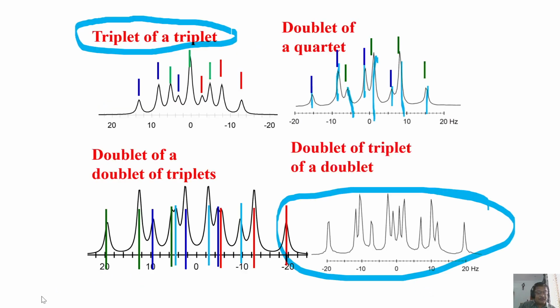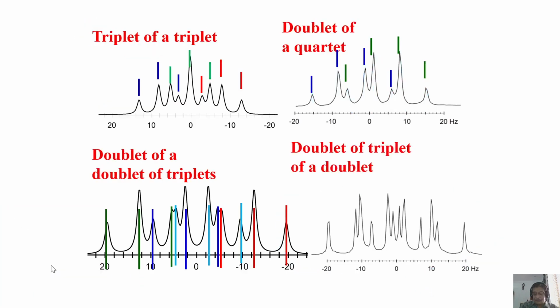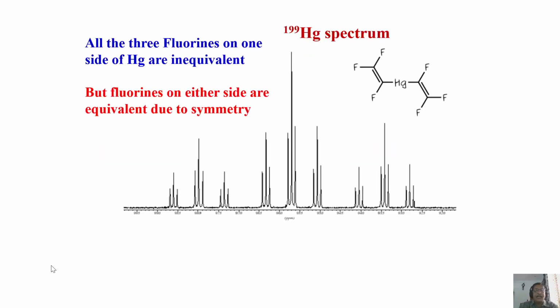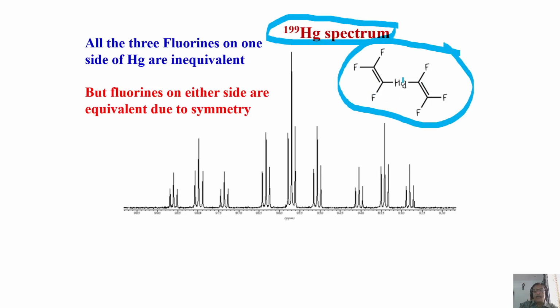Now we discussed a lot about these things. We'll go further. Take a simple example of a spectrum like this. This is a mercury spectrum. The heteronuclear part I will not discuss; I will come to that later. But right, doesn't matter. Now this mercury spectrum. This is the molecule I am taking, looking at mercury, and this is the pattern I got.